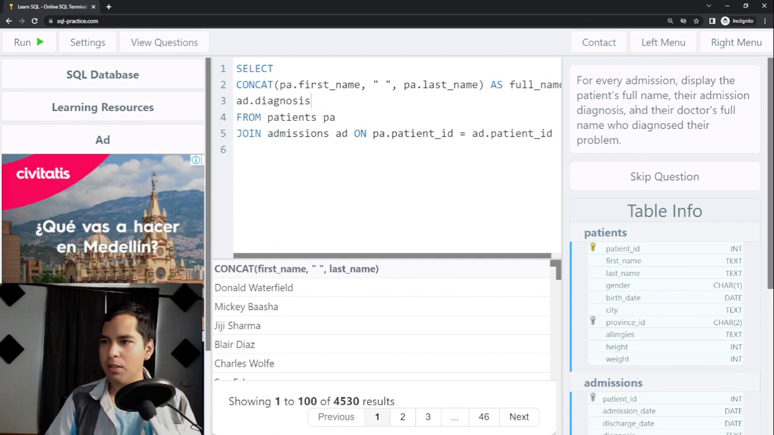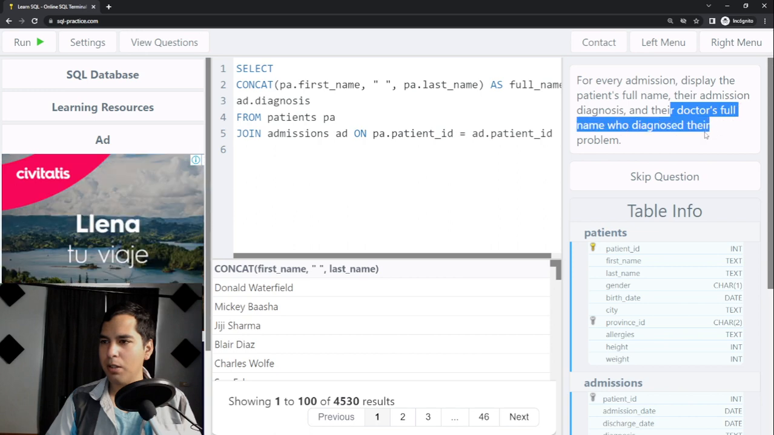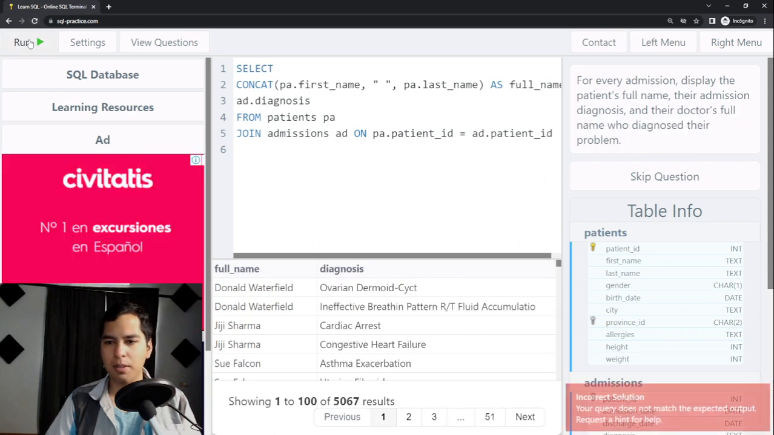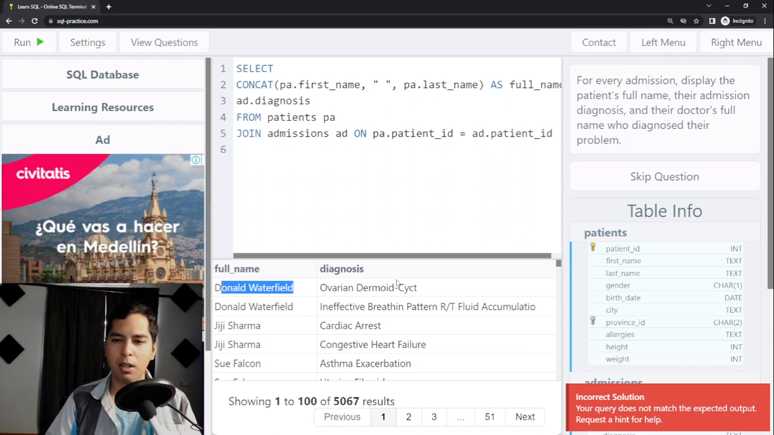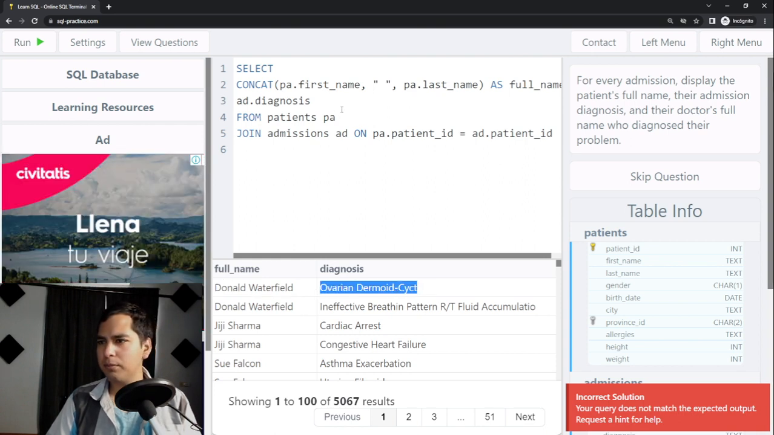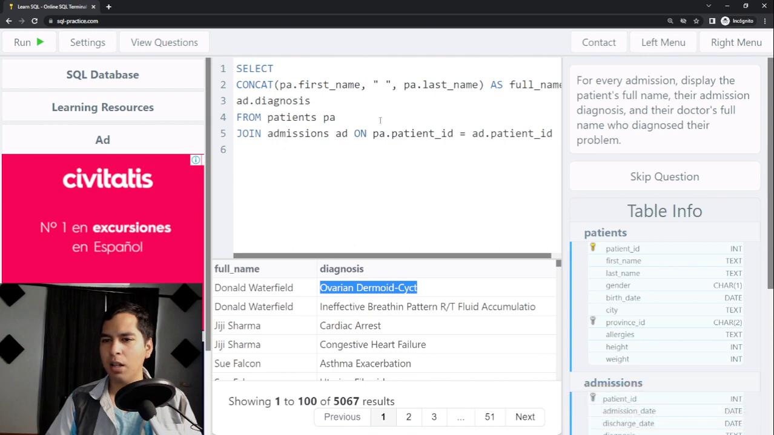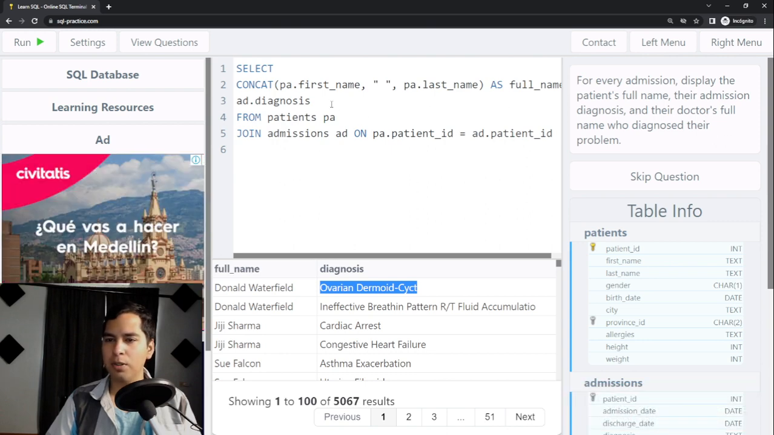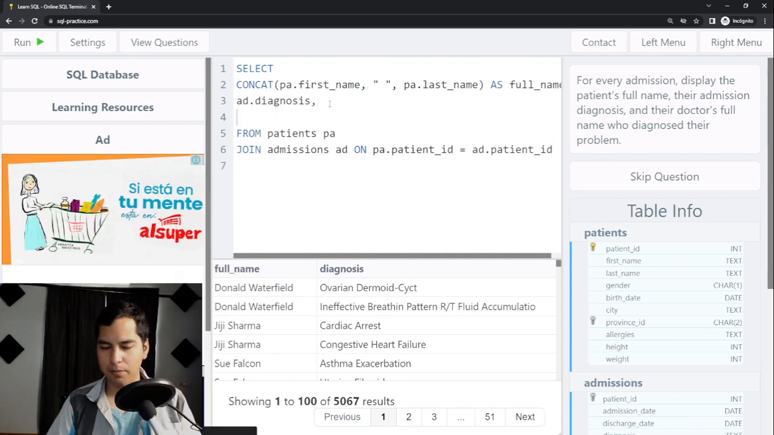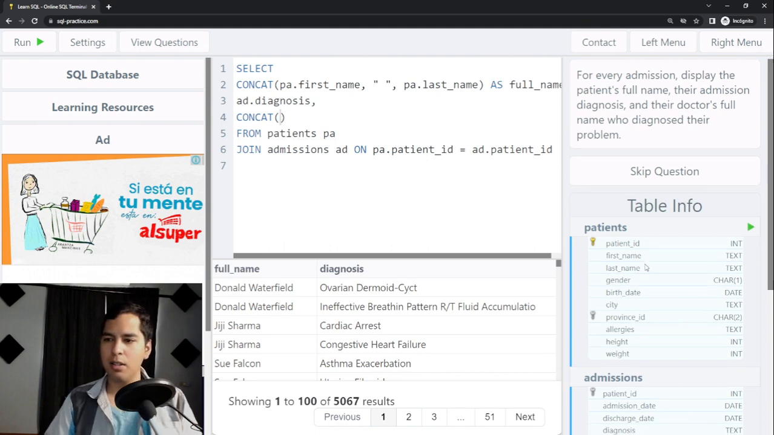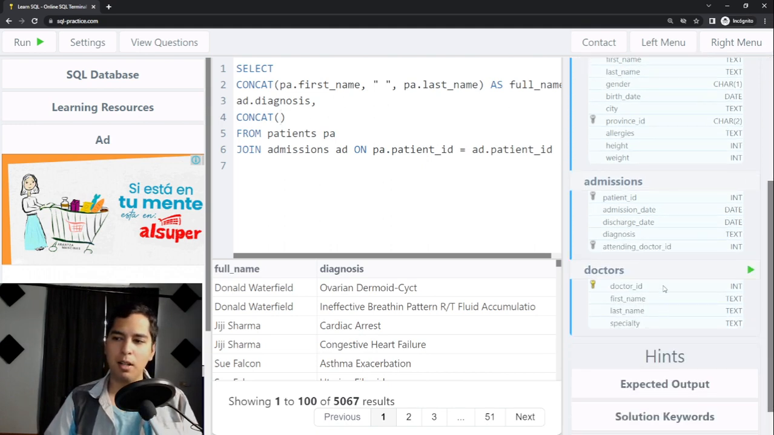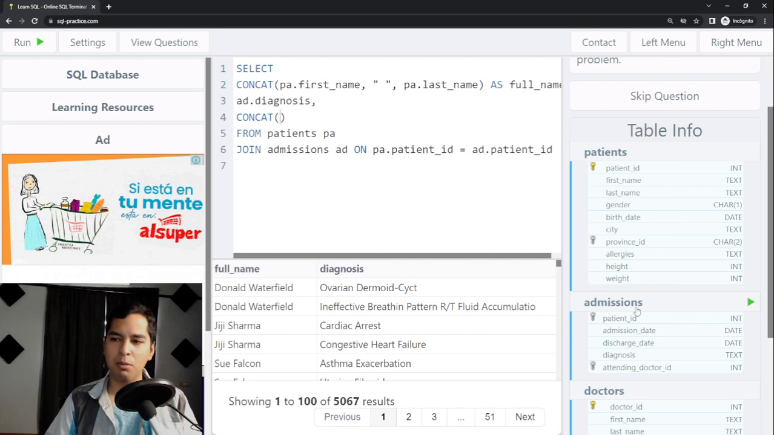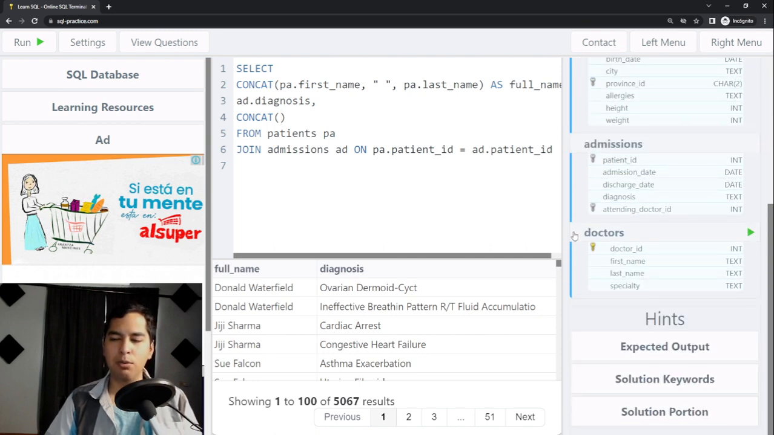We have the diagnosis and the doctor's full name, who diagnosed the problem. Okay, so if I just run this, I get the full name of the patient and the diagnosis. And now I need the doctor's full name. So I'm going to use comma. I need to concat. Okay, but before doing that, since the doctor's names are not in either the patient's table or the admissions table, I need to pull that from the doctor's table. So I need to join as well the doctor table,